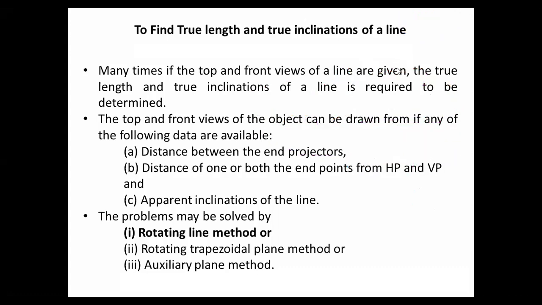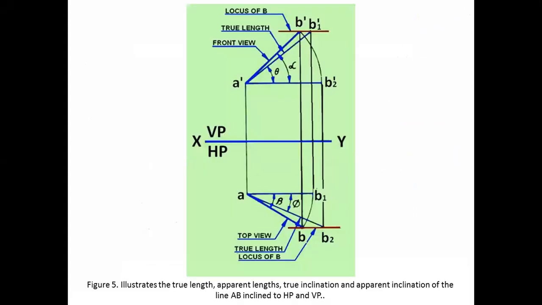So this much we see here. This is the true length, it is fine. I will change the color. This is the true length that we will get in the front view plane, or the vertical plane. And theta and alpha we will get, that is fine. Now see here. This is the front view, A dash B dash. So this is the arc only.